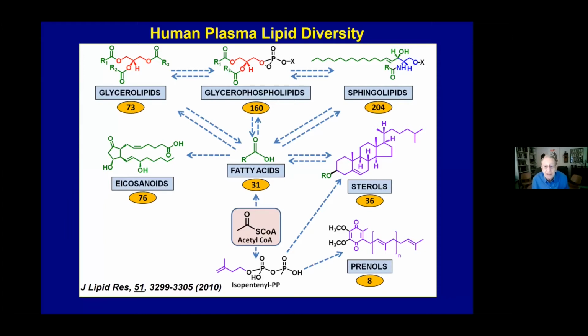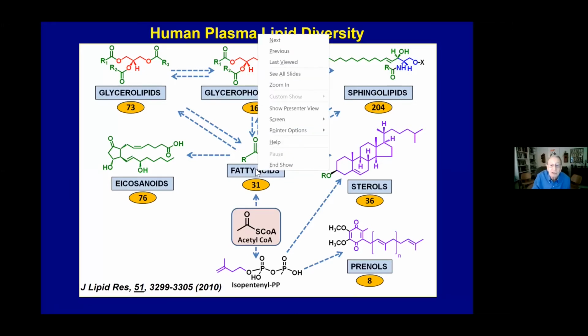When I say molecular species, I'm using Matt's definition of lipid species, which is with full structural knowledge and stereochemical detail, as that was the standard Lipid Maps used from the beginning. And shown here on this sort of abbreviated metabolic chart in orange is the number of lipid molecular species for each of the categories. If you look at the center of the slide, you'll see that